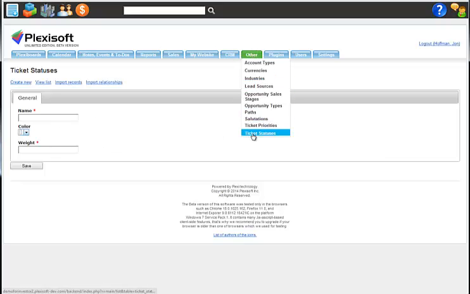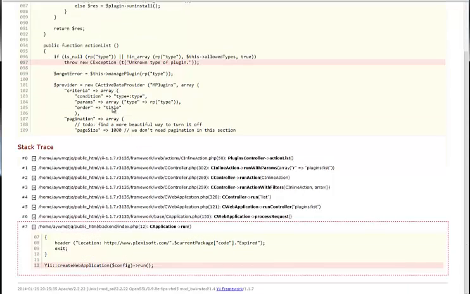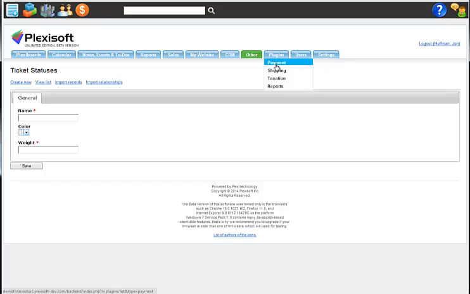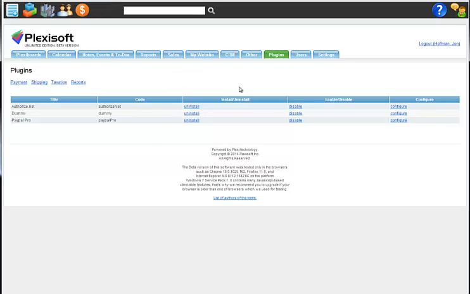Okay, so that leads us over to plugins. Oh, it seems like we have a little problem here. Okay, if we go to the payments, you'll see that we have Authorize.net and PayPal Pro. If we configure Authorize.net, for example,